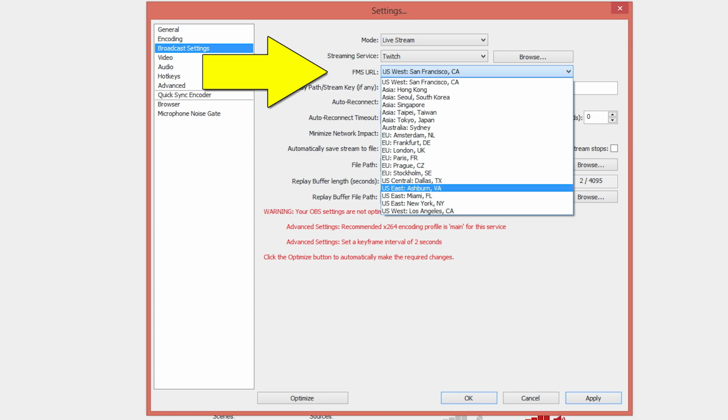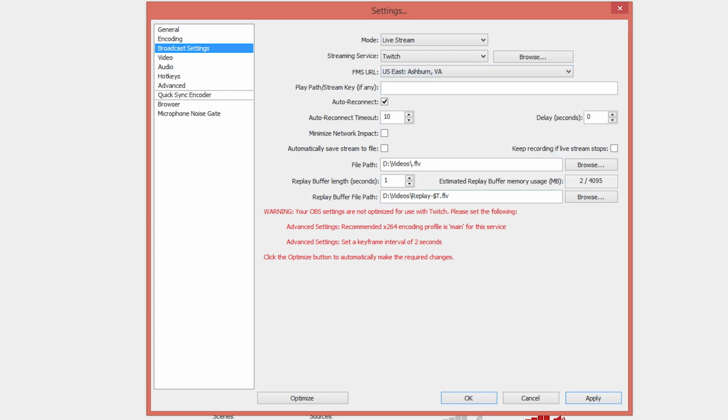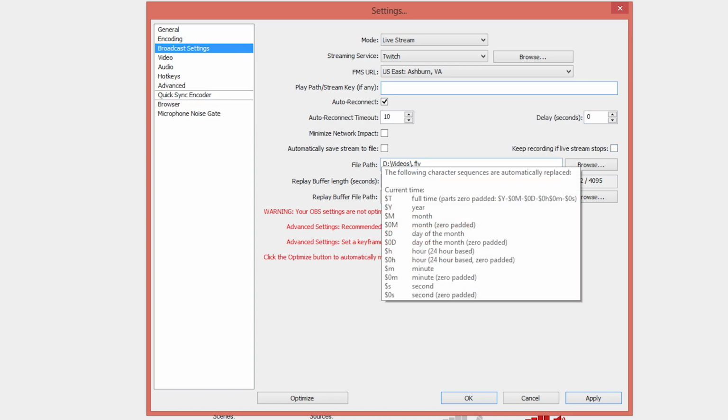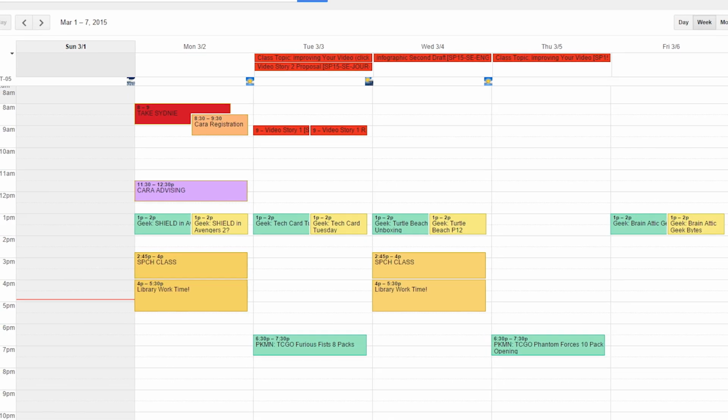Next, you choose your server location. Since I'm on the eastern side of the United States, I'm going to choose one in Virginia because that's closer to me. Now, it's asking you for a stream key. This is basically just a private string of numbers that Twitch gives you to authenticate you as a streamer. So we're going to go up here to